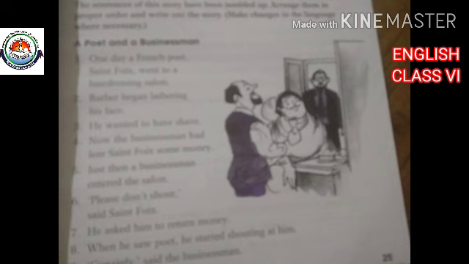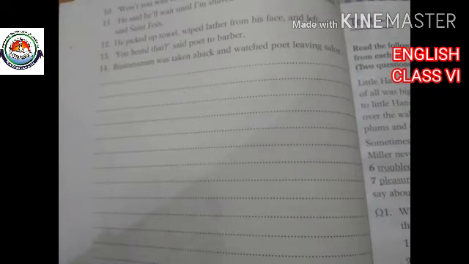Now we'll continue with the writing exercise in your workbook. That is a story named Poet and Businessman, and the sentences of the story are not given in the correct order. There are 14 sentences totally. You have to find out which sentence comes first as a beginning sentence, which comes second, which comes third, like that. You have to arrange them correctly. Before that, you have to read the sentences given correctly, number them, and then at last you have to write them as a complete story in the given space.